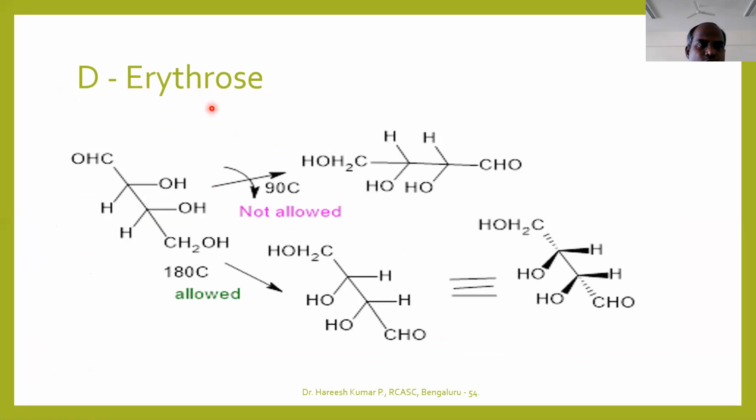De-erythrose. So erythrose, how you can find? Maybe the two hydroxy groups are on the same side, either right or left. Then such compounds, more particularly in the four-membered sugar moiety, are called tetroses. Otherwise, in chiral compounds, if the priority groups are on the same side, then such compounds are called erythrose. If the priority groups are on the opposite side, they are called threose.